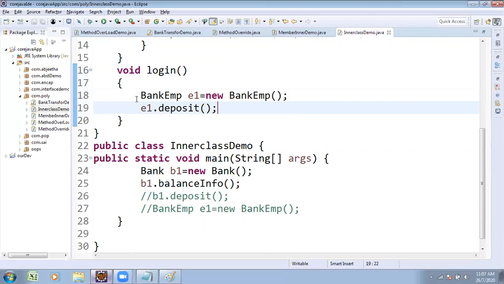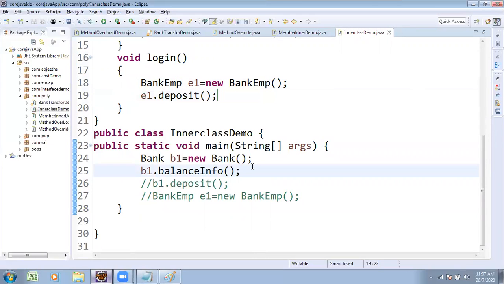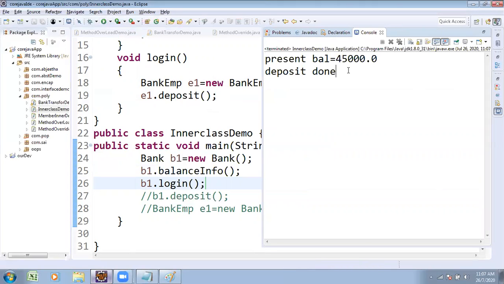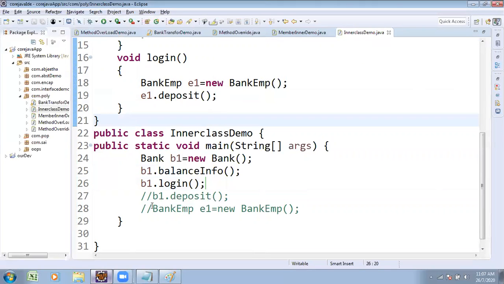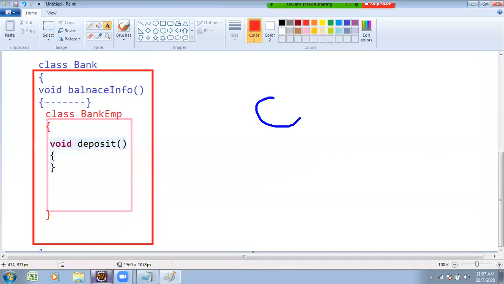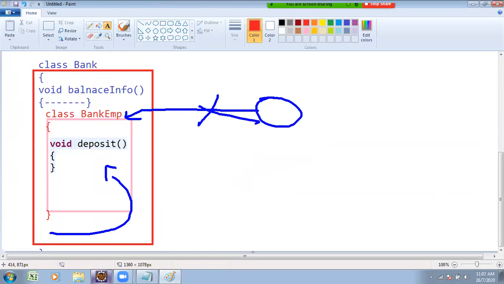Now you observe E1 dot deposit, E1 dot login. Present balance, deposit is possible. So the line of code you tried earlier, directly creating the object for the employee, is not supported. But that line of code is supported from any of the methods.